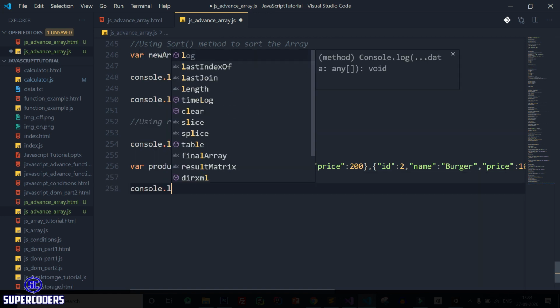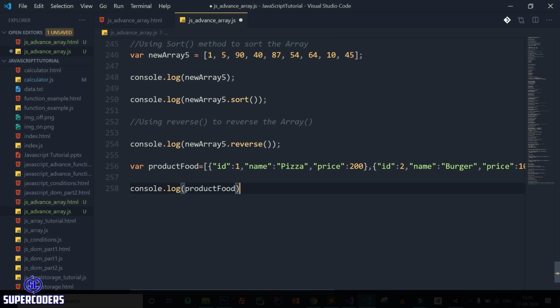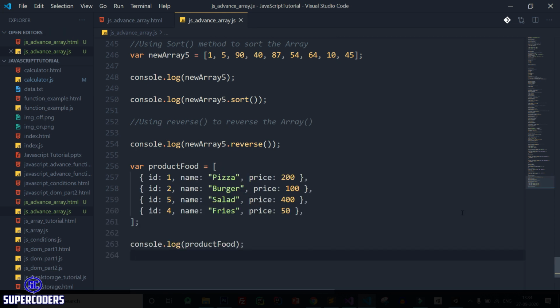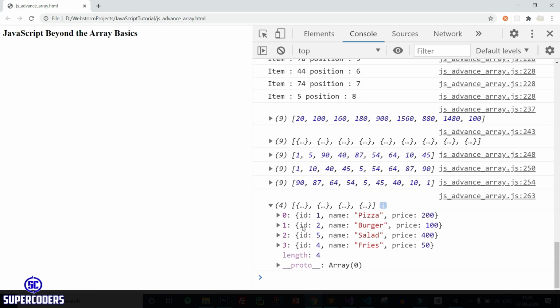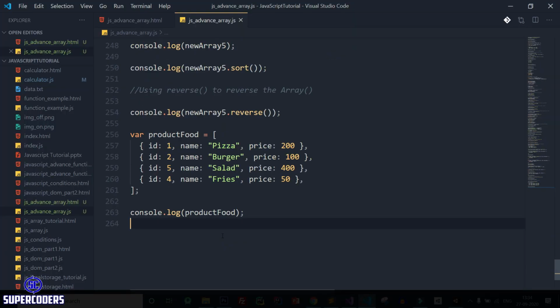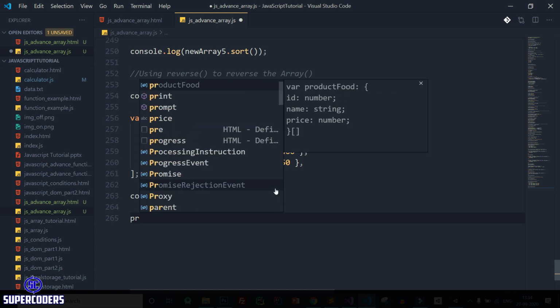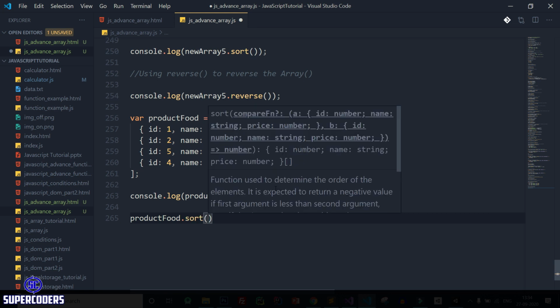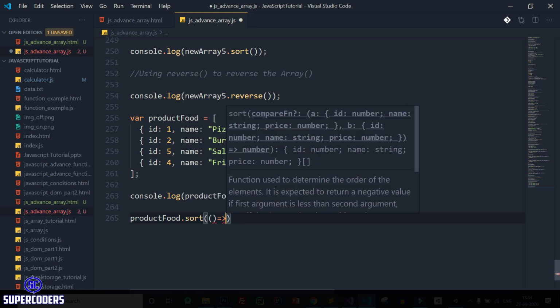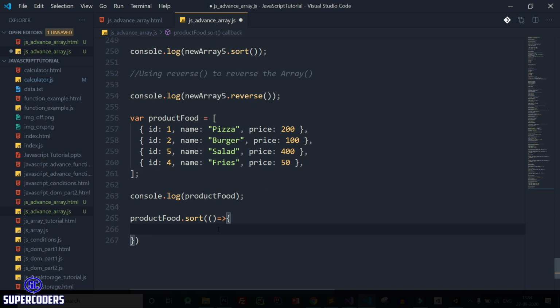So console.log product food, save it, back to Chrome, refresh page, and you can see these objects of the array. Now let's see how we can sort this type of data. So first back to VS Code, and let's suppose we want to sort this data by its price. So simply product food dot sort, after that arrow function, and it will take two arguments.